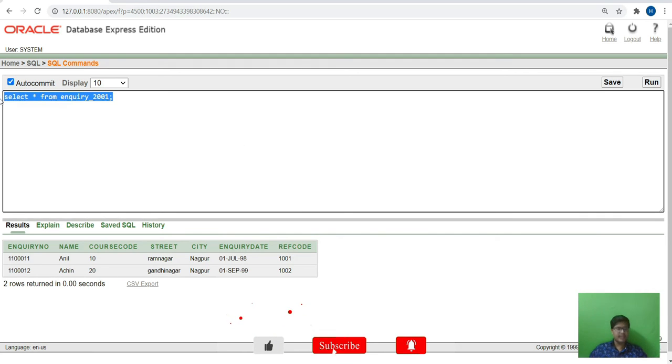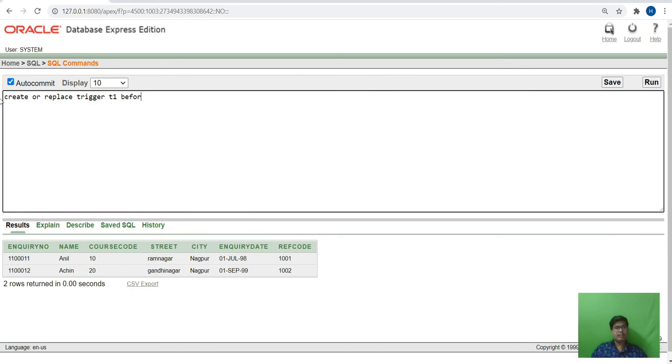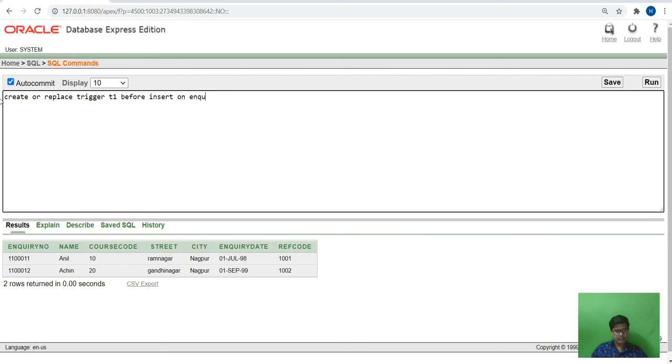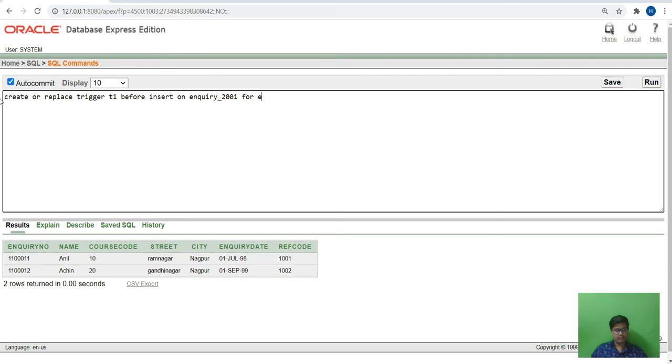So next we will go and create trigger, let's call it t1. Next we have to give before insert on enquiry for each row.